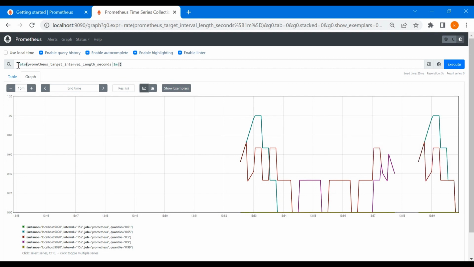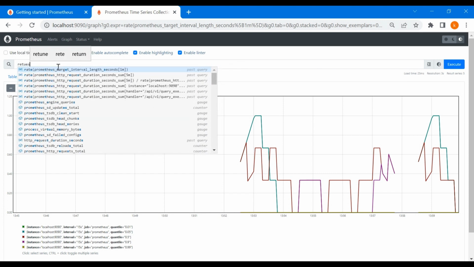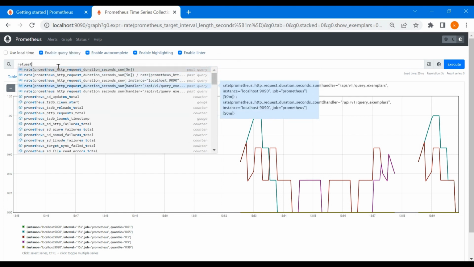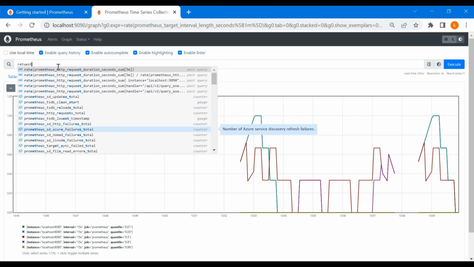So this is the beauty of Prometheus, and whatever we are writing using the expressions browser is known as PromQL, right? With the help of this PromQL we will be able to write expressions in the Prometheus language, and we can see the results. Now what I'm going to do is look at request. As soon as you type request, you can see the Prometheus request durations